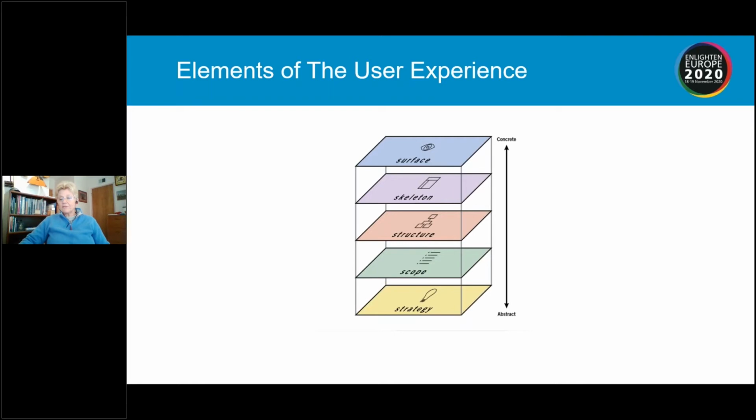The structure defines how the user will interact. For example, does the user have to do something? Is the interface preset, or is it zone control? The skeleton is how the user interacts with the system. Is it a touch screen, or physical buttons? It could be an iPhone app. The content is what zones that button affects. And the surface is the sensory experience of the product.